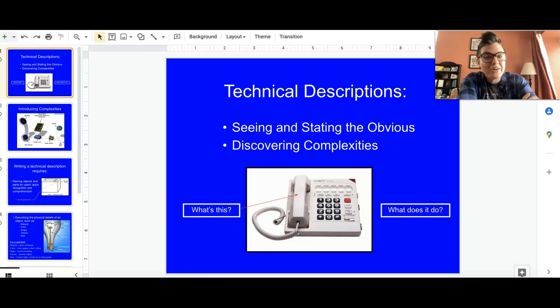Okay, so here is what we're going to be doing in Unit 2. We are going to be working on understanding how to write technical descriptions, and particularly mechanical descriptions, but we'll get to that. The key thing I need you to understand is that most of the time when we see any